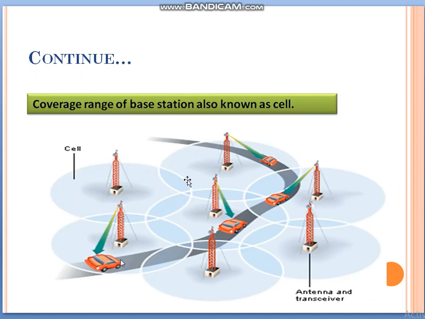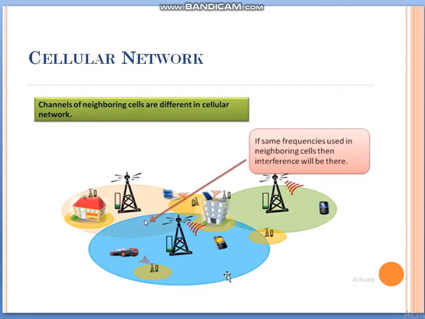Now, how does the transmitter work in the base station? The cell covers an area, and the transmitter is located in this cell; it consists of an antenna and transceivers. When a car is moving through this area, it uses this transmitter's signal. When it moves from here, it uses the next transmitter's signal, so the communication and channel do not break. This is how a cellular network works.